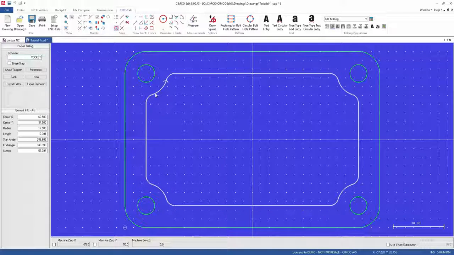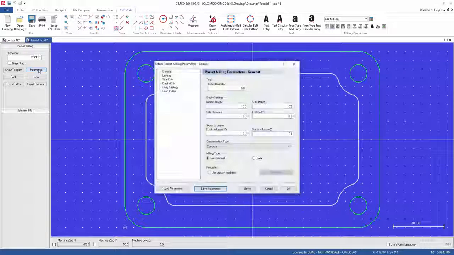Next we select the geometry that we want to machine. So we click on the geometry and it should chain all the way around. Now we're into the pocket parameters. So we can type in the cutter diameter,